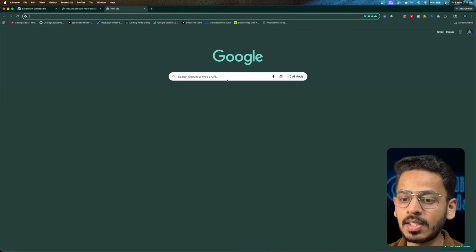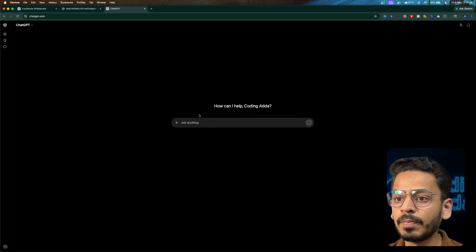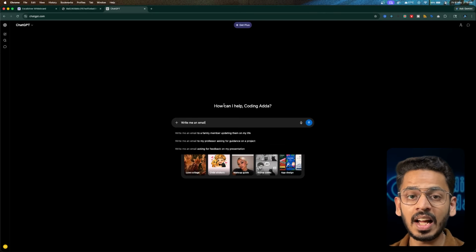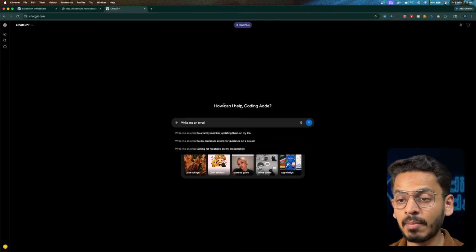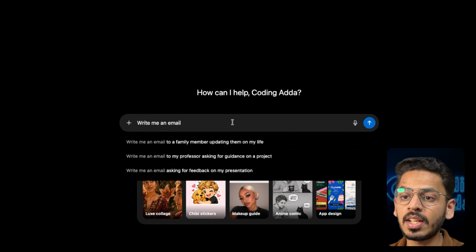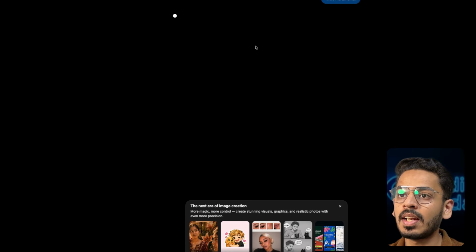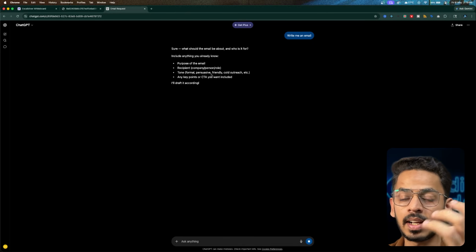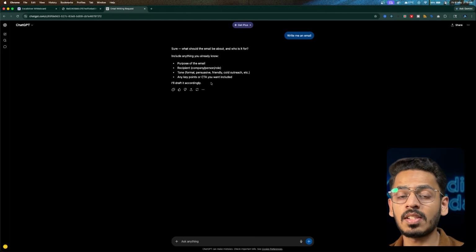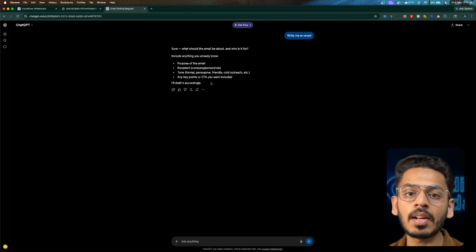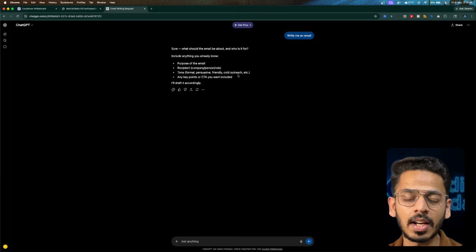For example, let's say I go to ChatGPT right in front of you and I say, write me an email. Here I'm not actually writing any APIs to GPT. I'm not actually talking to the server. I'm just writing my input prompt. And when I click on send, there are certain activities that I see. There's this button that glows up. I get a response in a streaming way. So this is the UI and the UX. This is like a wrapper around the internal working of ChatGPT.